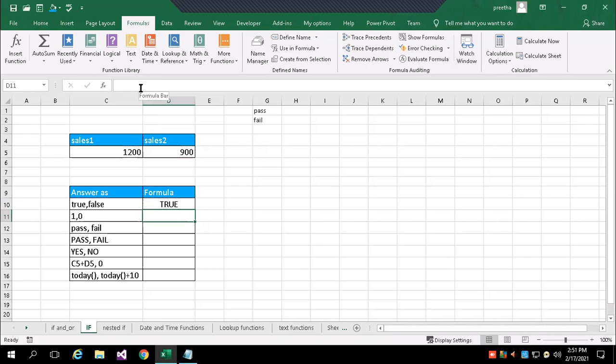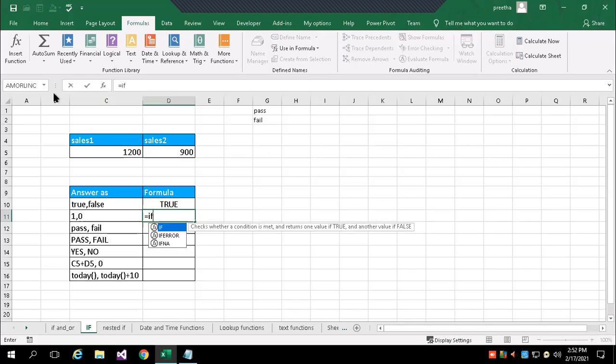Okay. Now, if true, I want to write 1 or 0. What am I going to do? I'll start with IF. You can see in the syntax it's showing logical test, value if true, value if false. What is your logical test now? C5 is greater than D5. Yes, it is true.